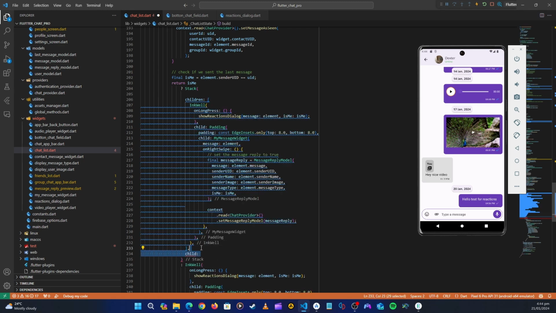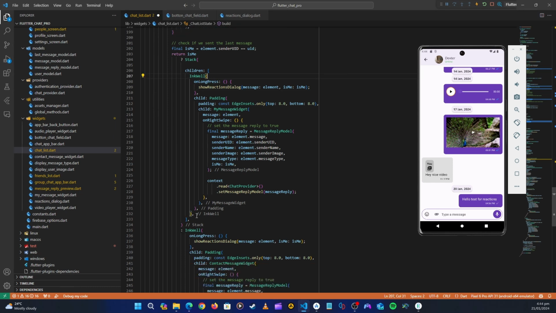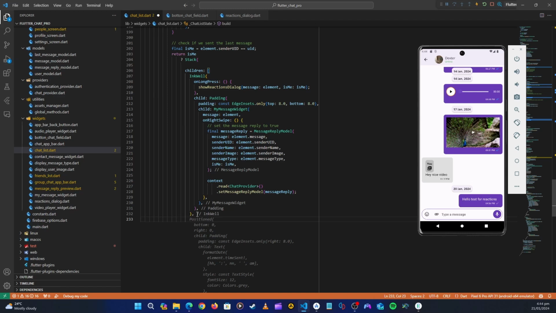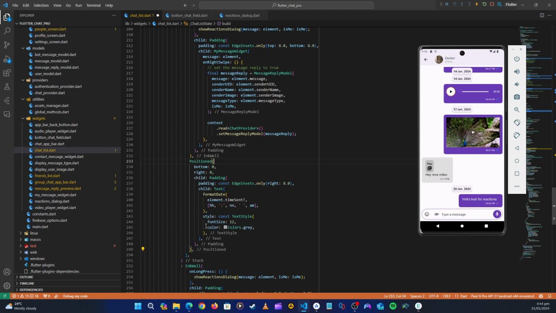Now we can remove this child, and then after this inkwell we want to put a position widget. Okay, so yeah, you can see that Copilot is suggesting, so let's click tab. So this position is we want to put it somewhere here. Okay, it will be here. So let's put this as -4, and then this can be